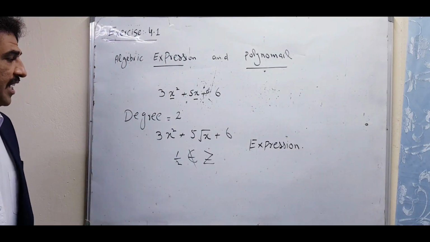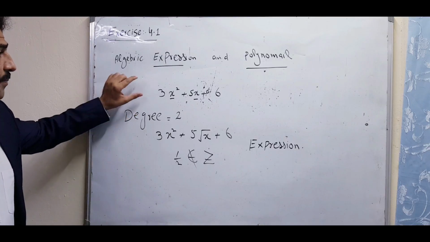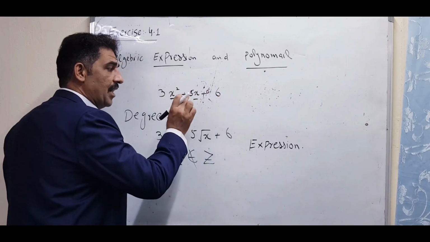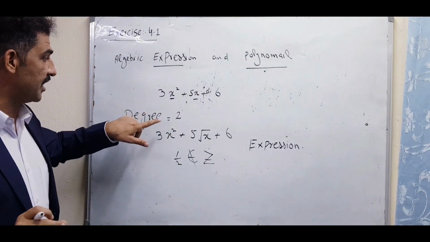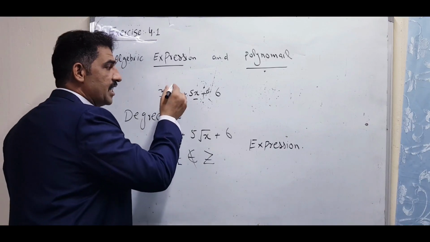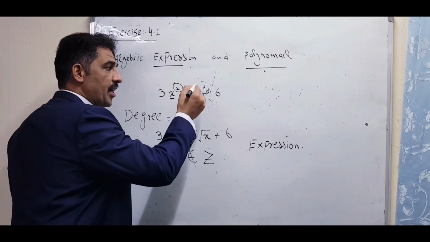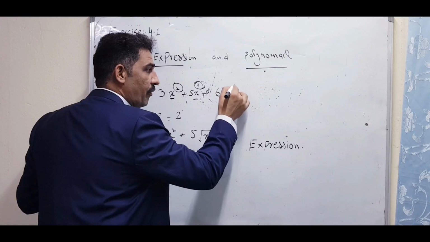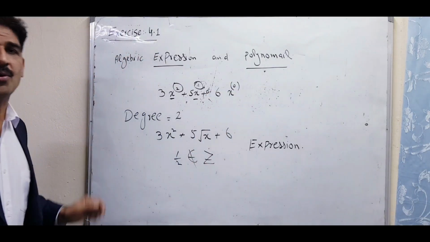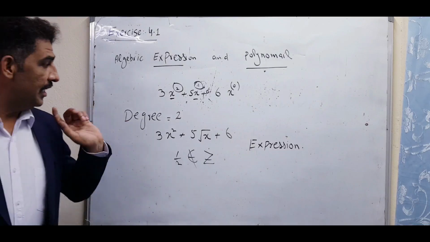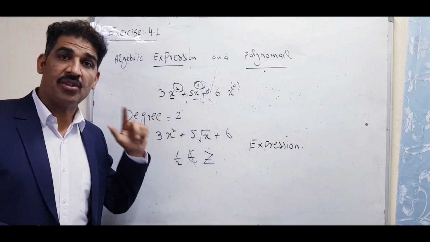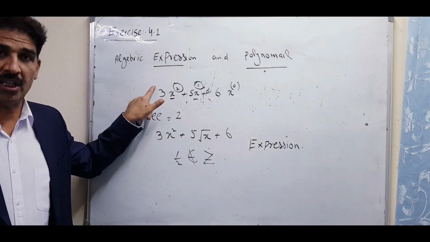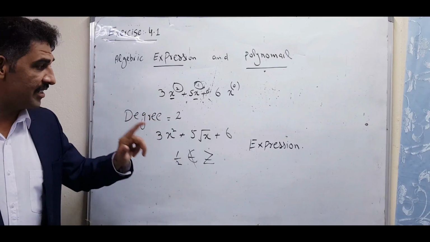Hope you understand the difference between the expression and the polynomial. What is a polynomial? The power of each variable must be a non-negative integer. Here its degree is 2, and here its exponent is the positive integer 1. If the power is equal to 0, that is also fine, because 0 is neither negative nor positive. So each variable has a non-negative integer power, but no variable has a rational number or negative integer. That's why this is a polynomial, and the other is not a polynomial, it is an expression.